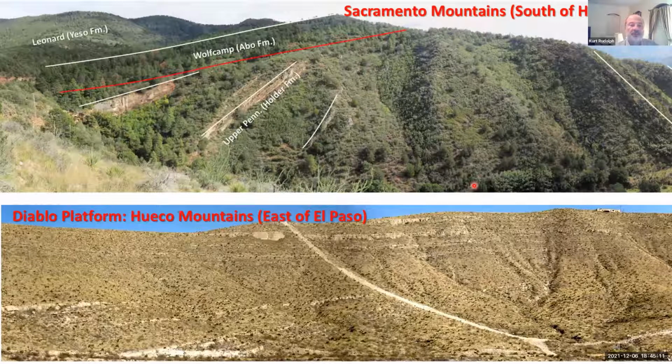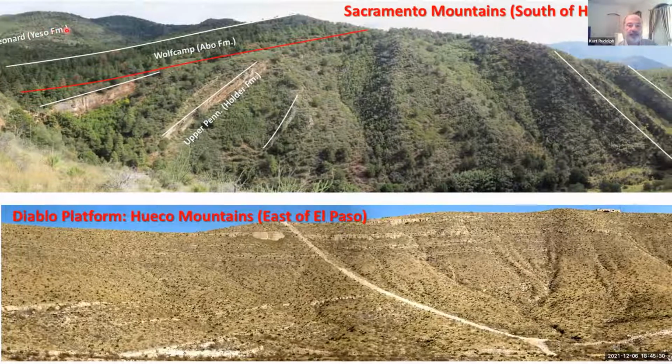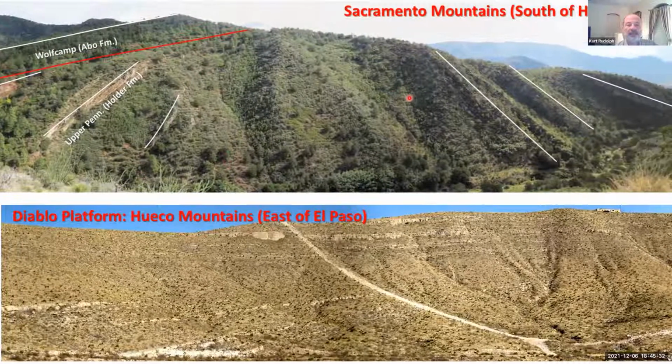And so what we see first on the top is that we've got these dipping beds with what look like a structural growth strata in the Holder Formation. And then we've got these much more flat-lying, undeformed units in the Abo, and then finally the Leonardian Yeso above. And if we just pan to the right, you can see this is basically an anticline that's been beheaded by